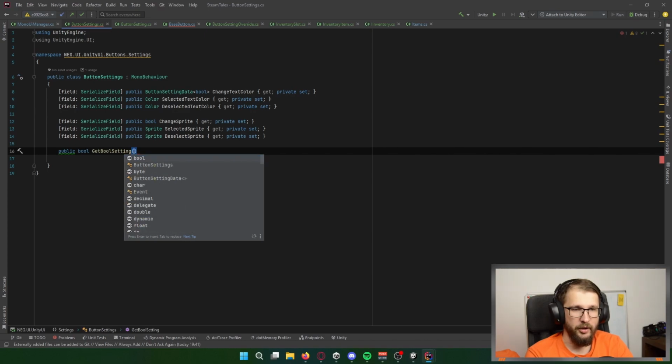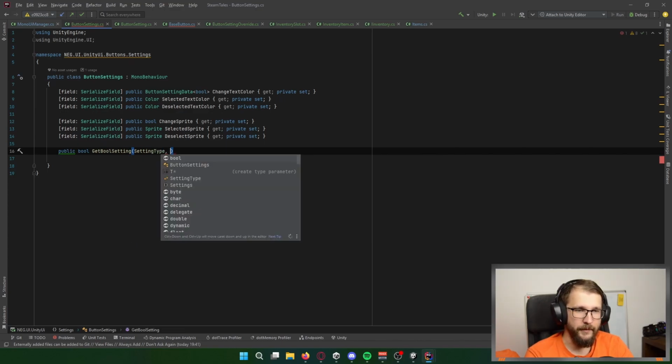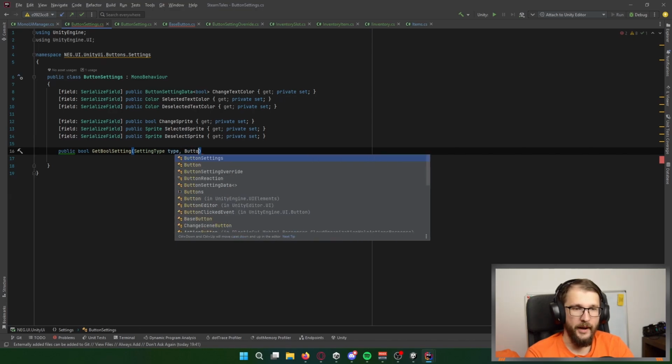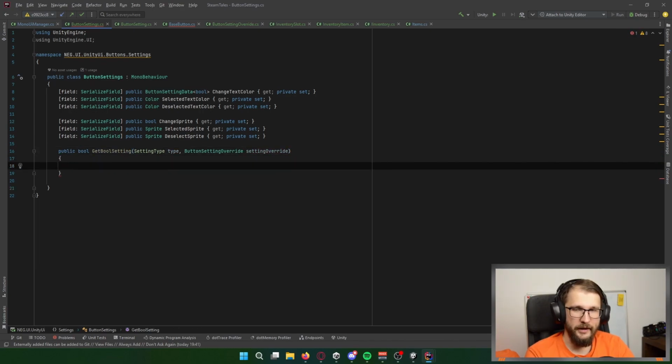Here I will give firstly the setting type, and a second one would be button settings overrides, and here I can add some logic to mainly just read the value, check if it's in those override settings, and then just return